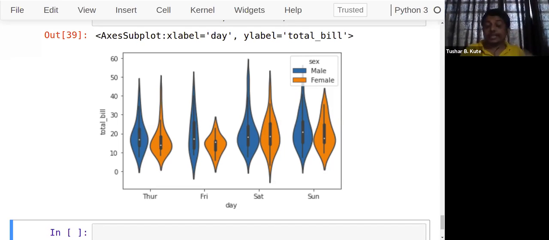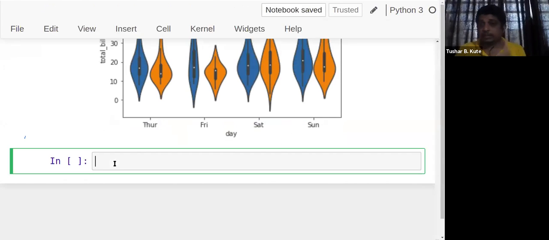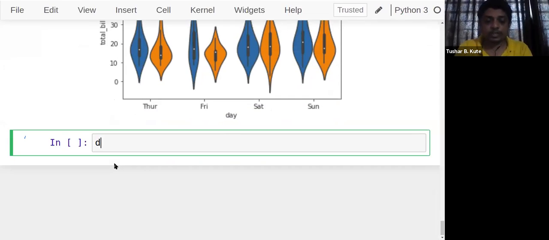Fine. The data is represented in rectangular bars where the length of the bar represents the portion of the data in the category, and the bar plot represents the estimate of central tendency. Now for this graph onwards, I'll be changing the data set. My data set is the Titanic survival data set that I'll be using here. I'll explain the data set first and then we'll go for identifying. df is equal to sns dot load_dataset Titanic.